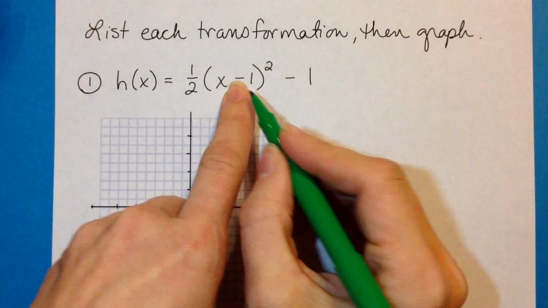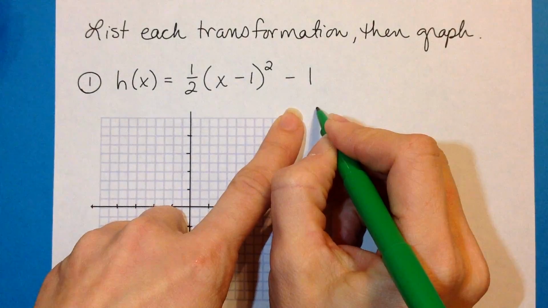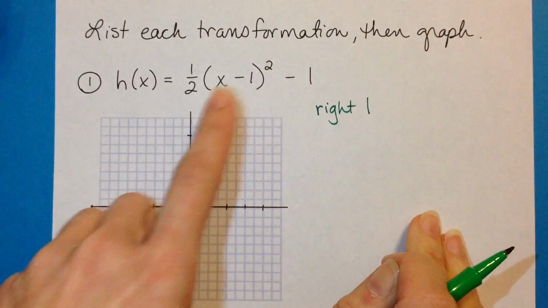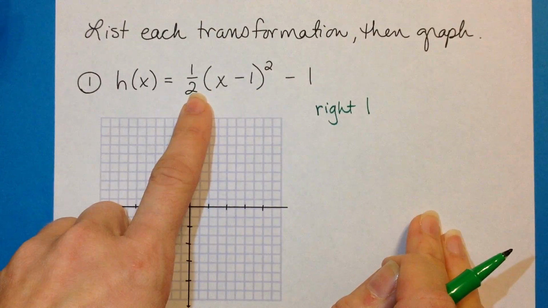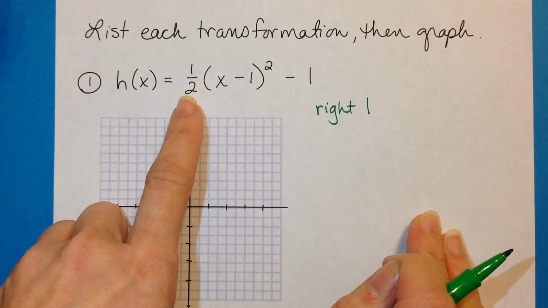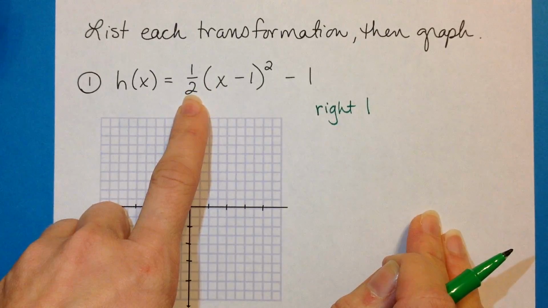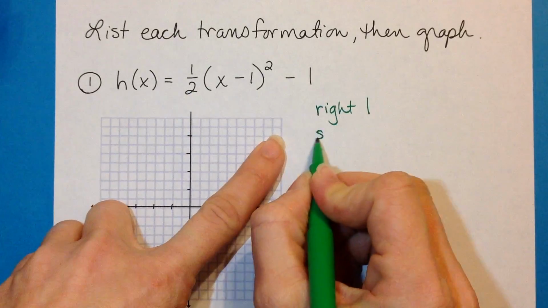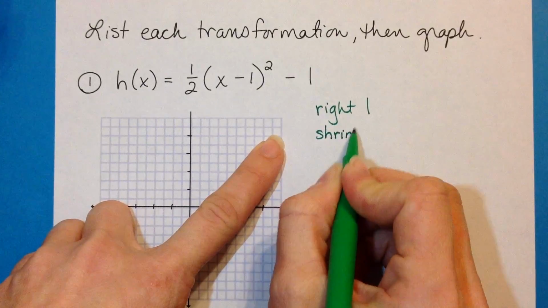So the minus inside the function tells you that you're going to go to the right one. Now you notice I've got a 1/2 in front that's being multiplied times the function. So that's going to be either a stretch or a shrink, but it's a shrink because it's between 0 and 1. So you would say shrink